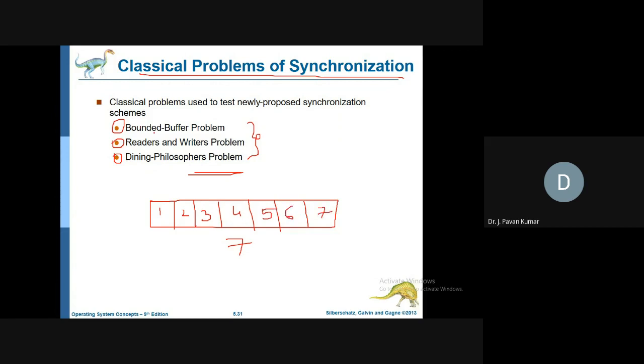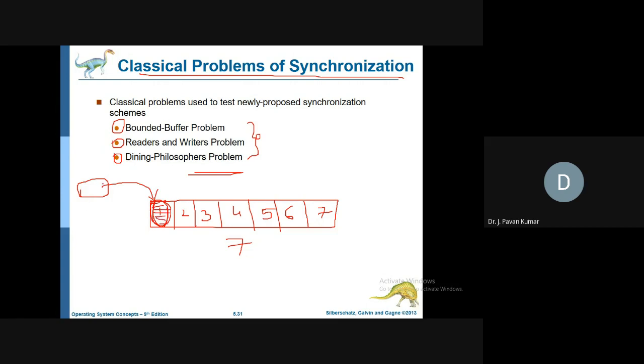We can consider this as the buffer. What does the buffer say? The buffer can hold how many files? 7 files. Now a process who wants to store a file into this buffer can enter its critical section, and it can store the corresponding file. Okay, fine.